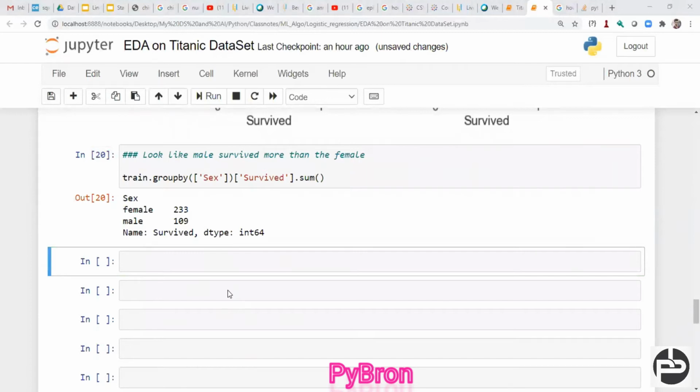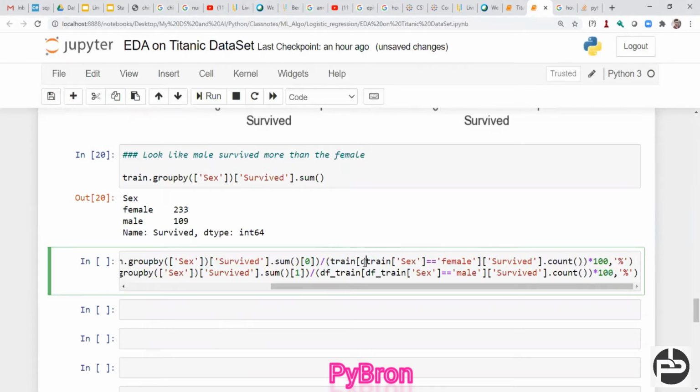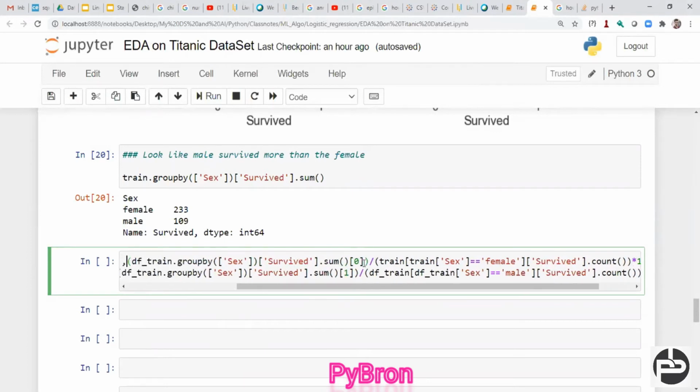Okay, now if you want to check the percentage, you can happily check the sex percentage, male percentage and female percentage. How can we do it? Train data frame and sex, here we can keep female survive count and percentage. One minute, let me check this.